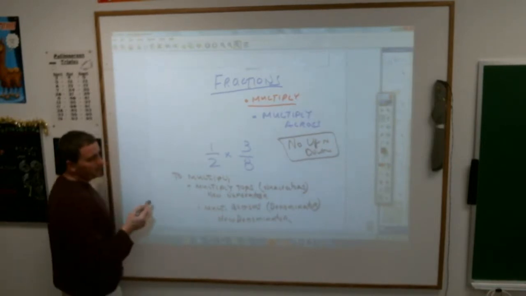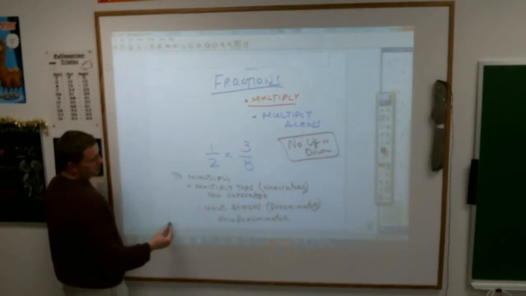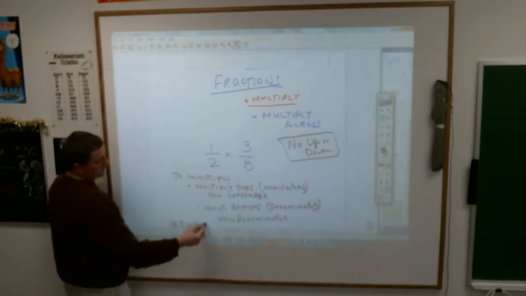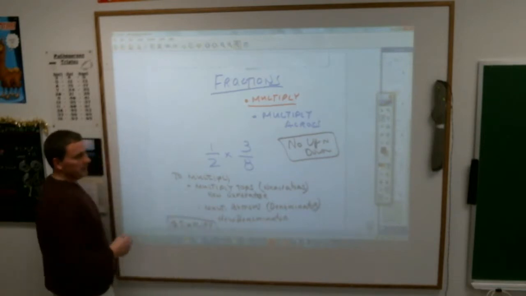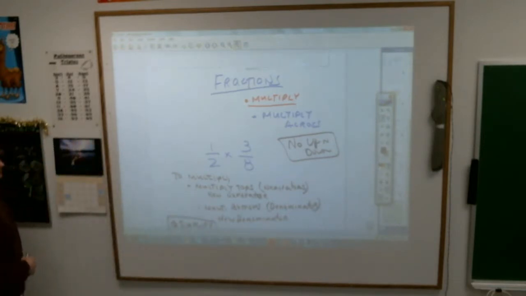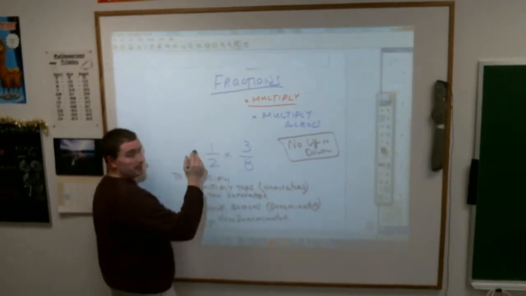And the one you probably won't have to deal with just yet, but eventually we will. The last thing you always do with fractions is what we call in the math world simplify, which could mean a bunch of different things, but just put the word simplify down for today. So back to this original problem here. To multiply these together,